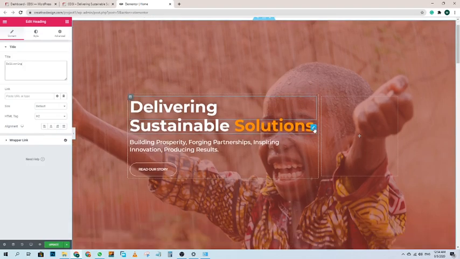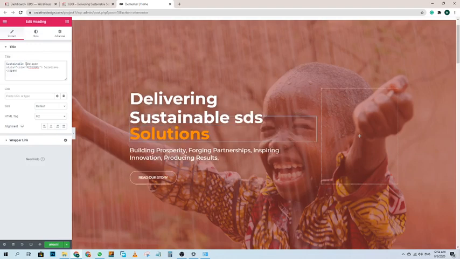And if you want to change this content, you can simply write after this sustainable text. And if you want to add content on this solution side, after solution just type the text. Don't remove this.